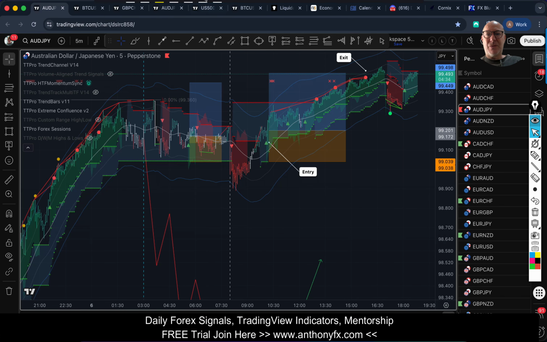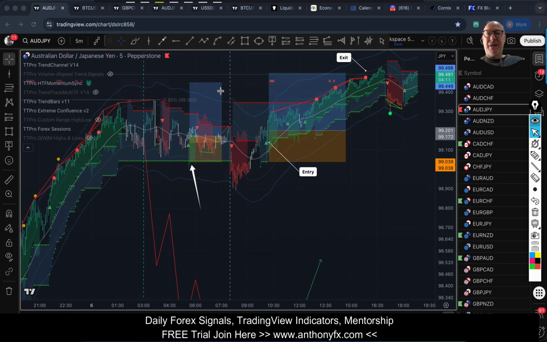Okay, this is a full tutorial. Stop loss is on that. See this green shaded zone that's following price there, and/or between that and these green dots. So that's what we're looking for. See the green dots and the green shaded zone. That's a very good indication of where to put your stop loss.